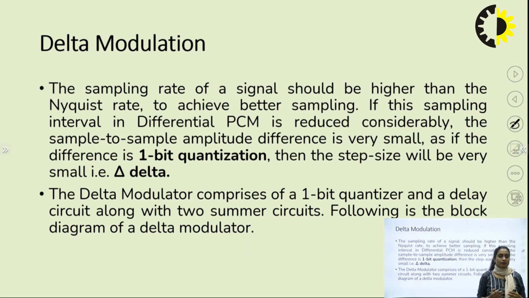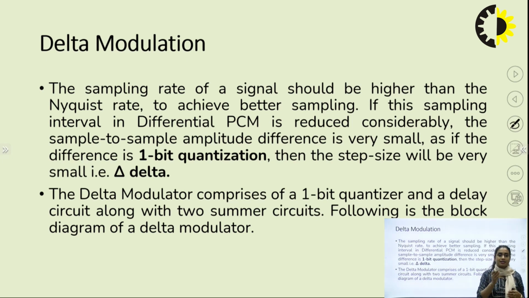So, why do we have to study, or why do we have to shift from PCM to delta modulation? Firstly, if we make our wave undergo pulse code modulation, then what will happen? There are three steps to make a wave undergo pulse code modulation, that is sampling, quantization and encoding. And after following these three steps, I do get binary bits, right? So, a continuous in time and continuous in amplitude signal is finally converted into digital format using pulse code modulation,